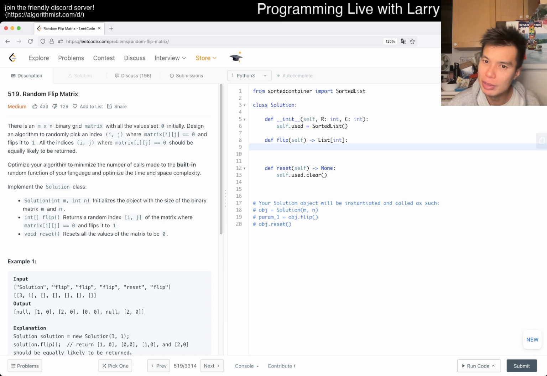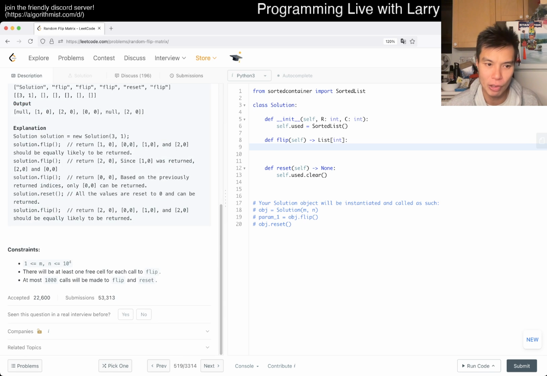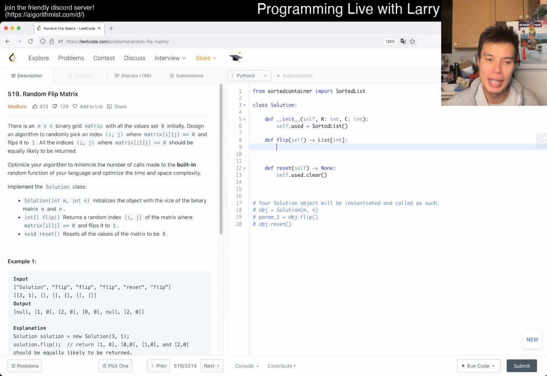I think what I want to do is just binary search for the number. I mean, we're only doing 1,000 calls, so I'm not worried about it. But basically, we're minimizing the random function, right? And here we should be able to get,